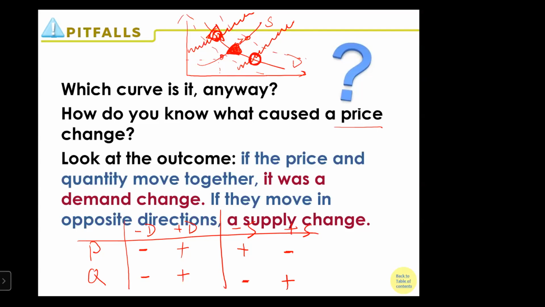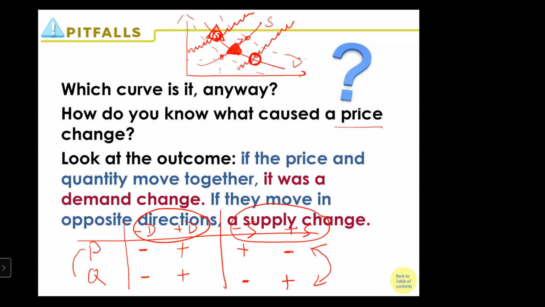right? So now you can see the difference between a change in demand versus a change in supply. If there's a demand change, then both price and quantity move in the same direction, right? Just compare these two rows. On the other hand, if it is a supply change, then as you can see, price and quantity move in opposite directions,